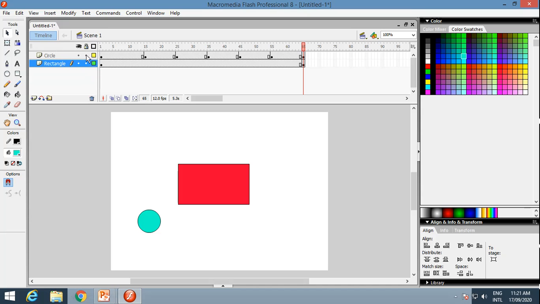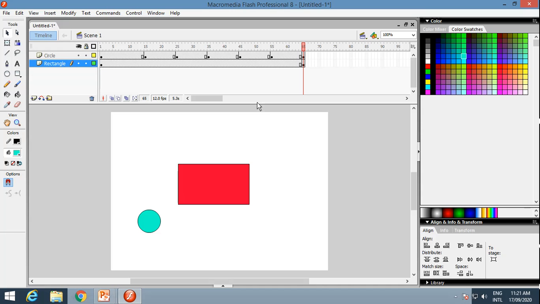If you click this lock button, that layer will be locked. If you want to unlock, you have to click again, it will be unlocked. And this upper lock button is to lock or unlock all layers. Means after clicking this, both of these layers are locked. If you want to unlock, you can just unlock.